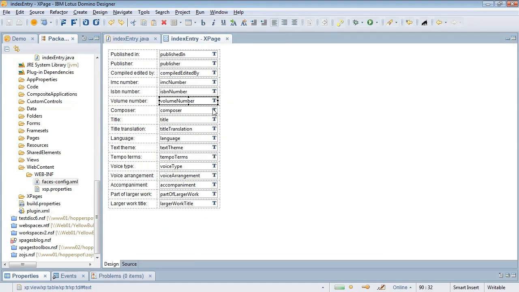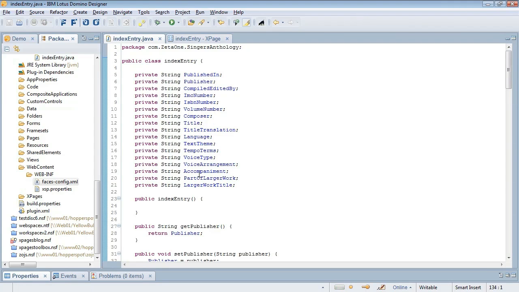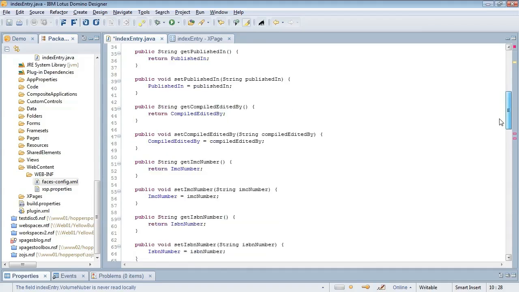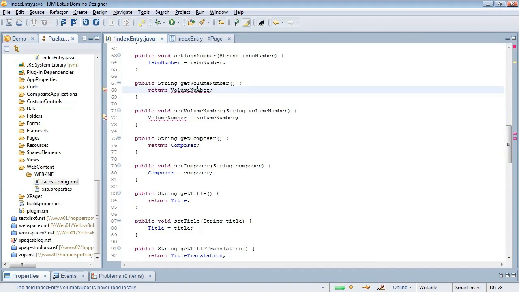For example, if we had volume number here, and you can see we've got volume number there, and for some reason I had mistyped that and called it volume nuber, and we go down here and created our getters and setters and use the nuber instead of the number,